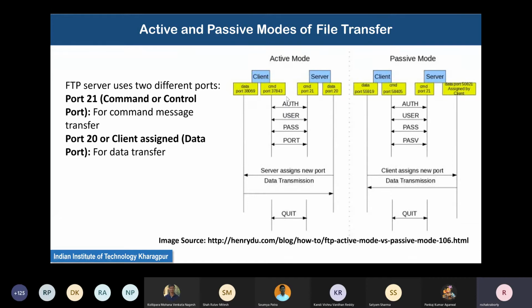So it gives a command, but then it translates it to TCP function calls to the transport layer, saying please connect to the server with this IP address at port number 21, where my originating port is 37843. And it can do a function call and then it will try to connect to the server using that.